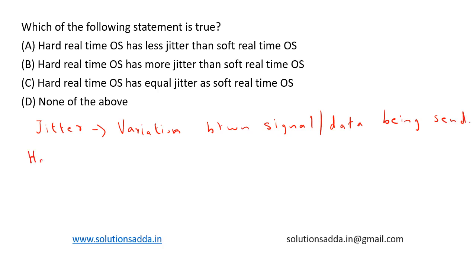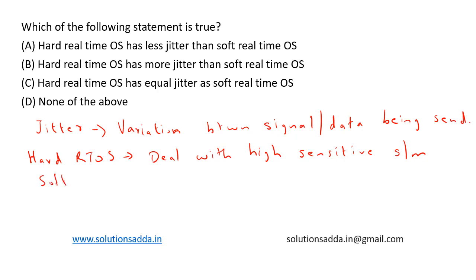So for a hard RTOS, that is hard real-time OS, it deals with highly sensitive systems, whereas soft RTOS deals with less sensitive systems. So based on the definition of hard real-time OS and soft real-time OS, we can say that